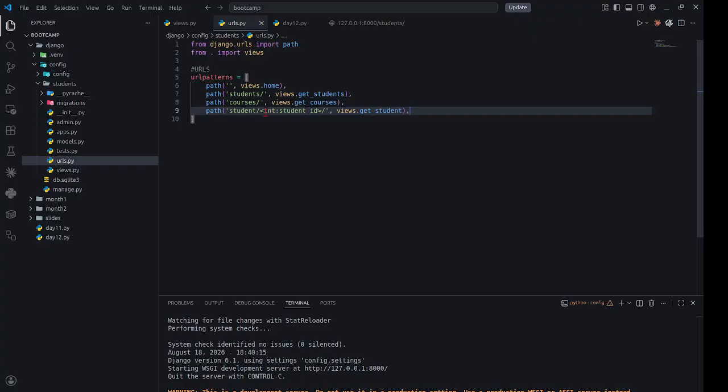If you look closely at this part, int student ID, right, this int,